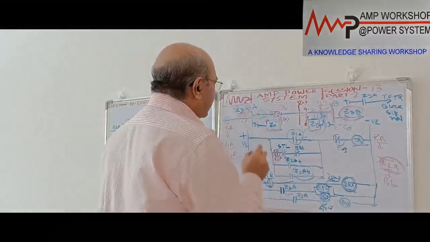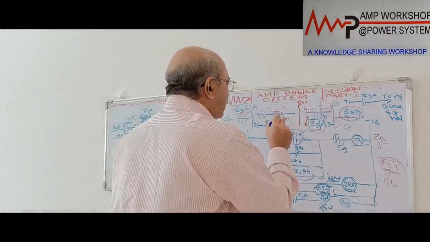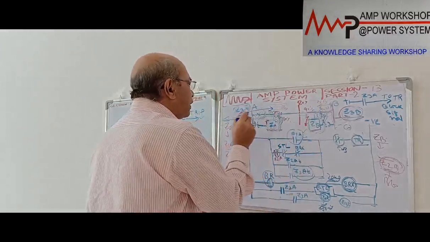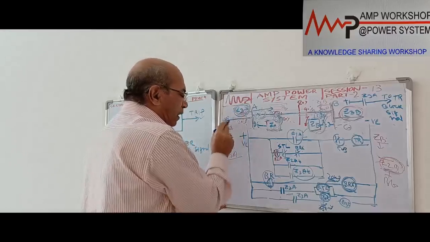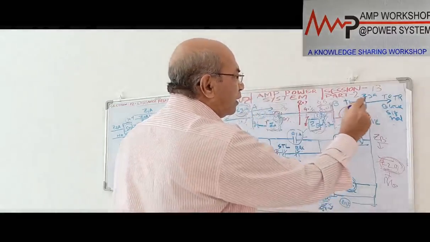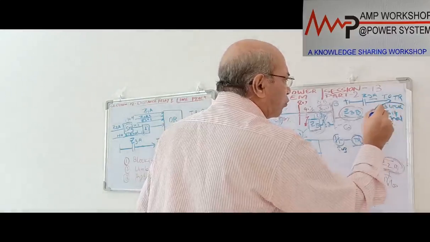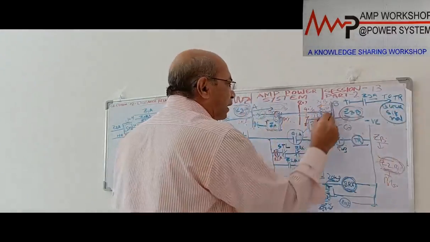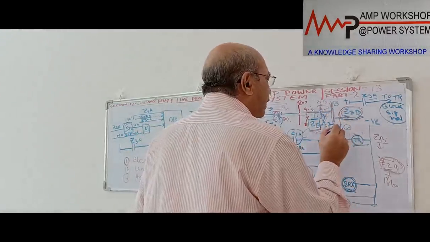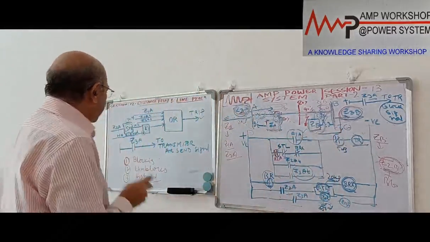And who is sending the signal? This end, when the fault is within 10% of this end, will be sending a signal. Which element? The Z3 element, which is looking this side, will be sending the signal to the transmitter. This end Z3A will be sending a signal to the transmitter to send the blocking signal, and this end Z3B will be sending a signal to this end transmitter to send the blocking signal to the other end receiver. That is the logic I have shown over here.